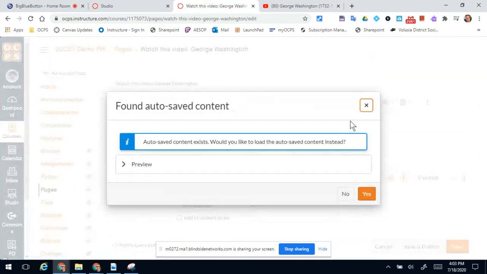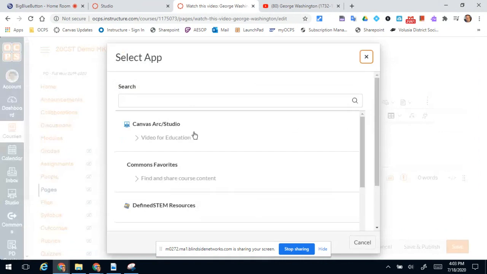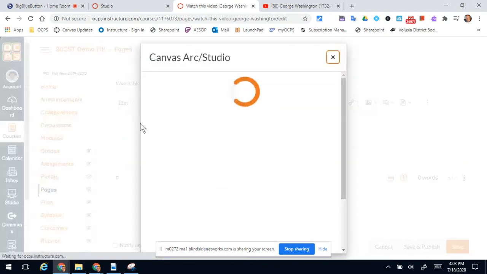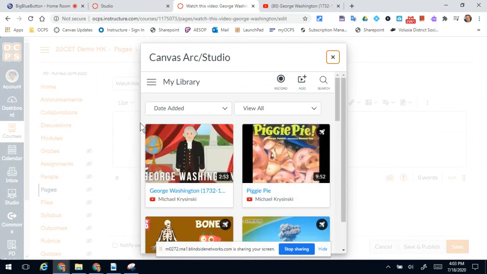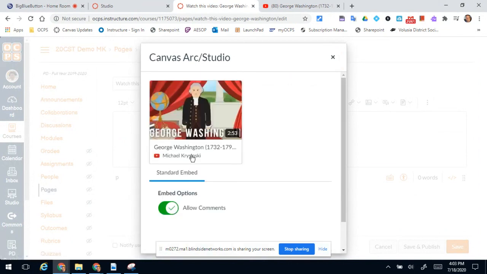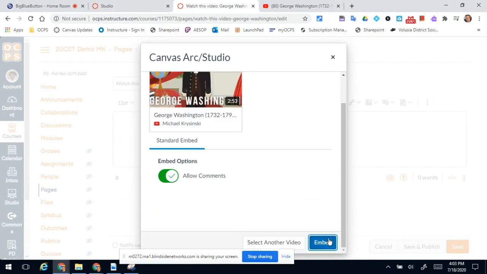And while we do have all these little text tools, what we want is those 3 dots, this snowman, and then this little plug here. We click that, it's the apps. I'm going to look at the Canvas Arc/Studio, and it's going to show us our whole library. There it is. There's our George Washington video. We're going to allow comments on this because we want our students to actually see these comments that we're about to leave. So we're going to embed it,